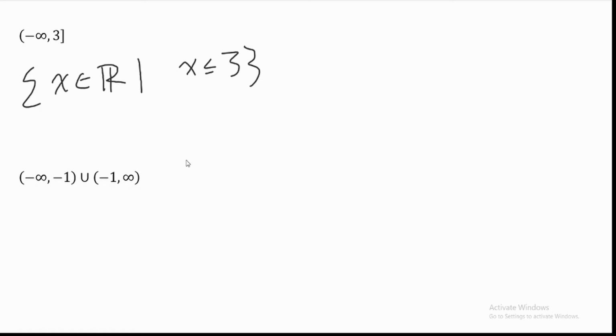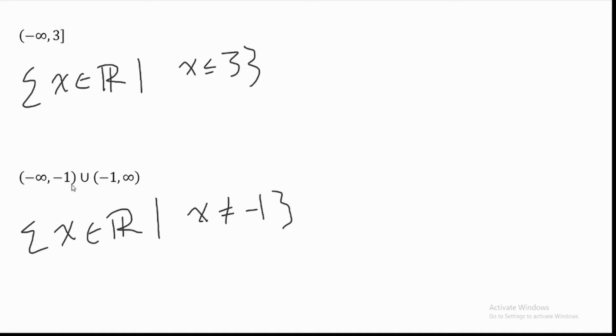set builder. Now for the second one, this one looks a little bit different, but it shouldn't be that bad either. Notice here how -1 is not included in either of these sets. What this means is that there's probably a hole at -1 because we skip over that one point because we cover everything else except for -1. So let's do what we normally do. x is an element of real numbers such that, now here we can simply say x is not equal to -1